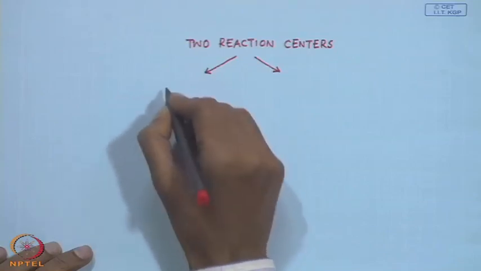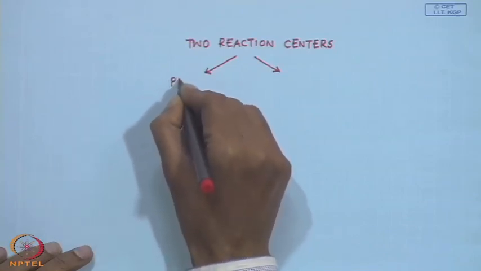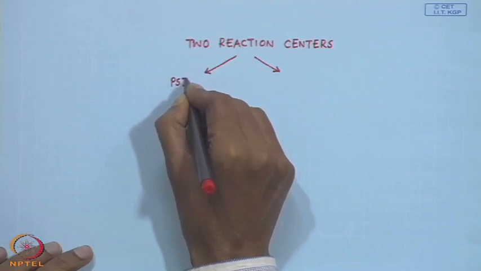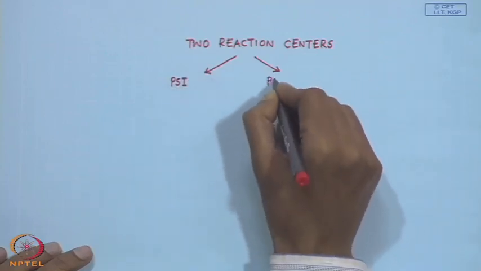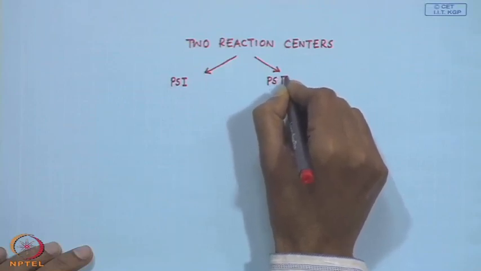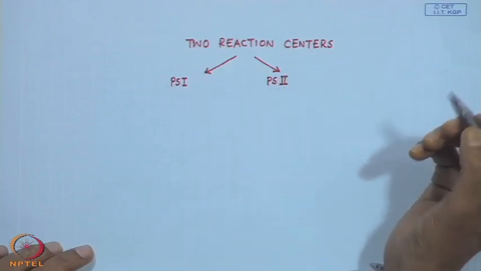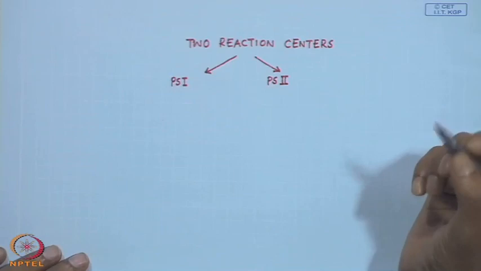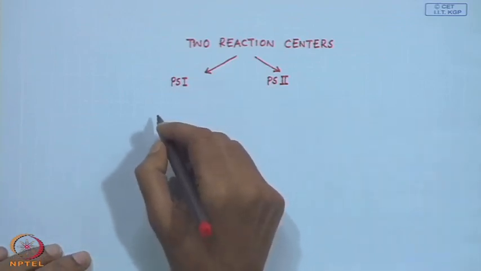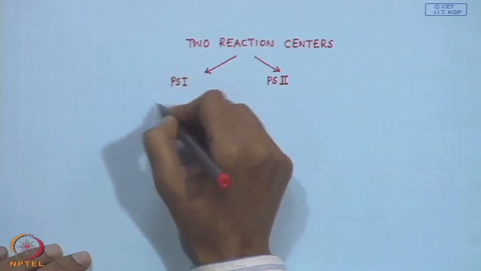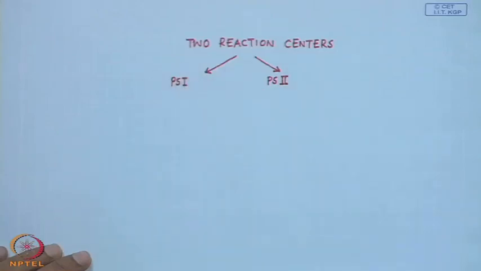One is known as Photosystem 1, and the other is known as Photosystem 2. Because we have two species, one is water and the other is carbon dioxide. Photosystem 1 will take care of the carbon dioxide, that means the reduction of carbon dioxide takes place over there,